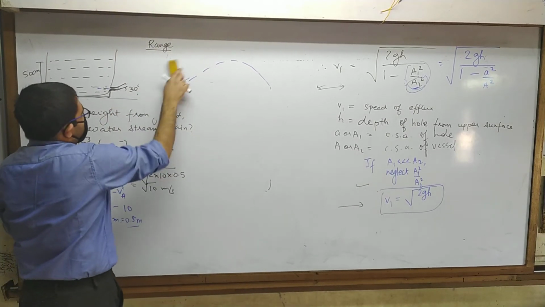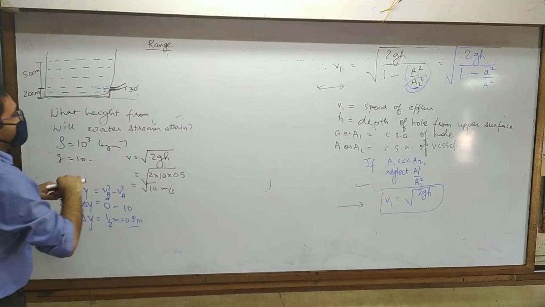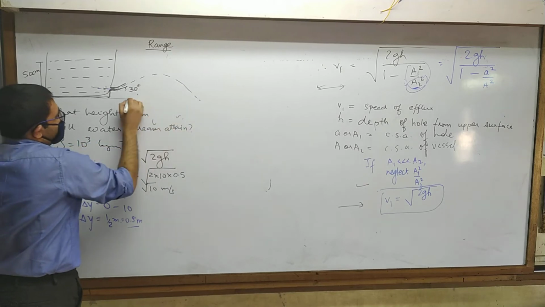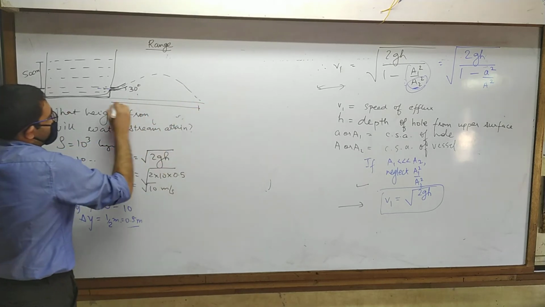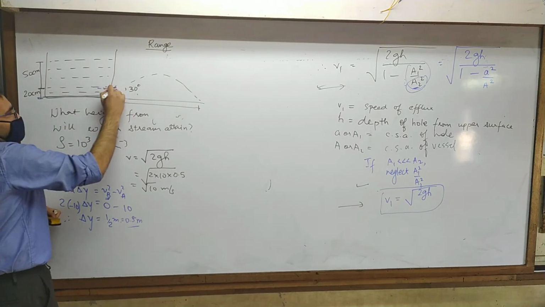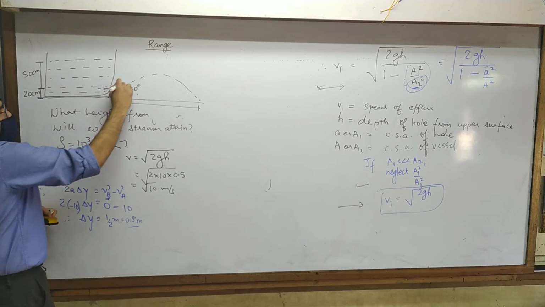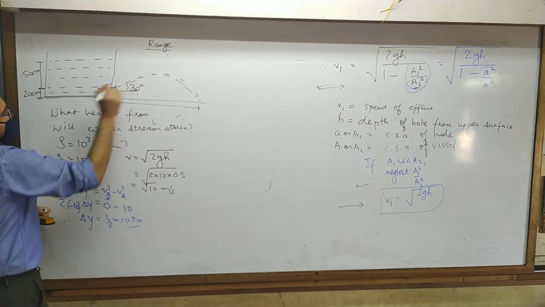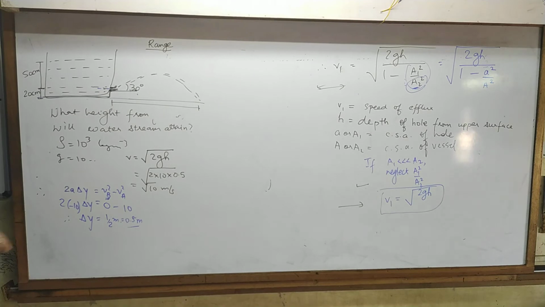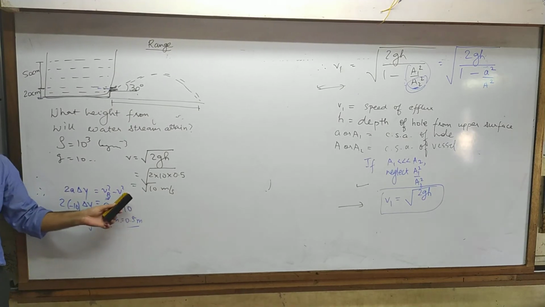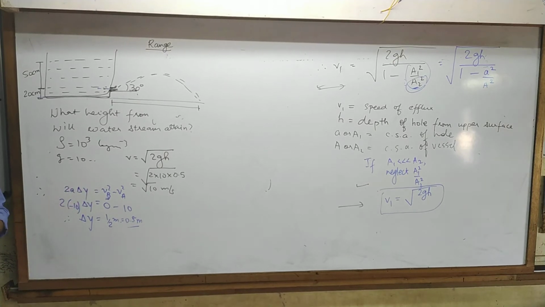Range, what is the meaning of range? How far will it fall? Starting from here, when will it fall on the ground? Okay, this distance. Did you understand? You have to find out the range. Given that this is small, it goes up like this. At how much angle again? 30 degrees. Okay, do we already have the speed? Yes. Half is already done. Now what remains? Projectile motion.